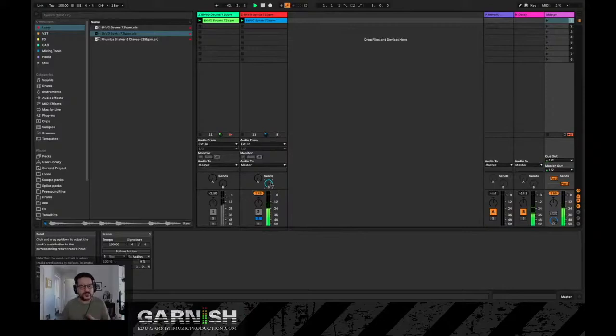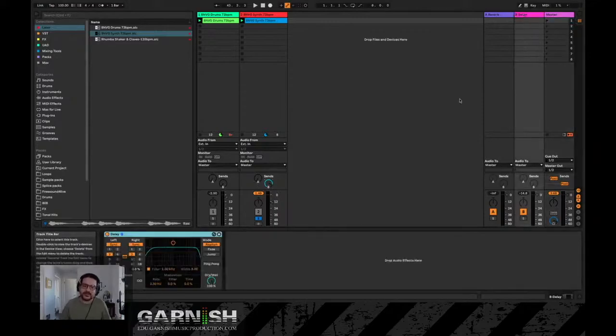So again, this is a great way to implement some effects. And if you're wondering where that delay is coming from, remember, if I send something to send B, that means it's going to this delay. By default, for any of you who have Ableton Live, Ableton will already assist you by putting a reverb on send A, and then on send B, you should have a delay. And the cool thing is that you can